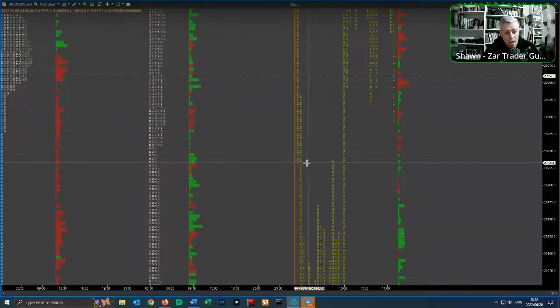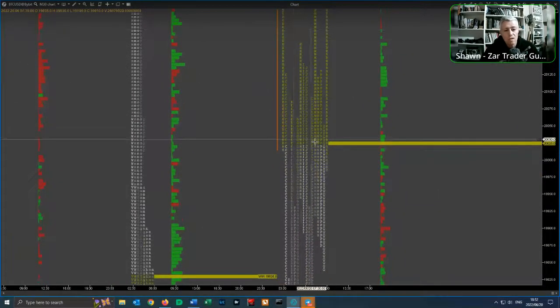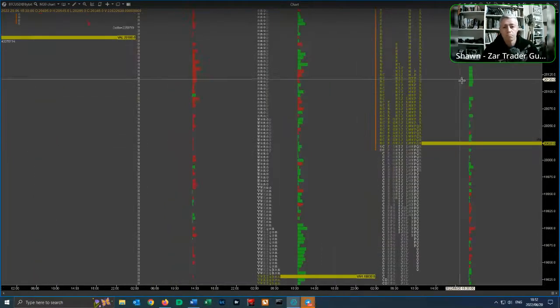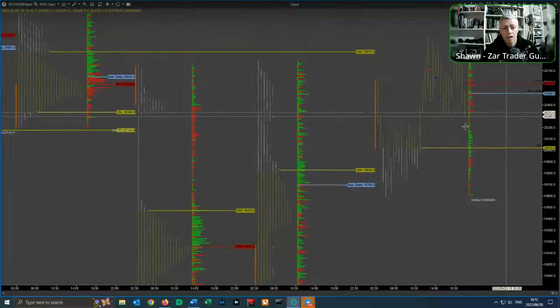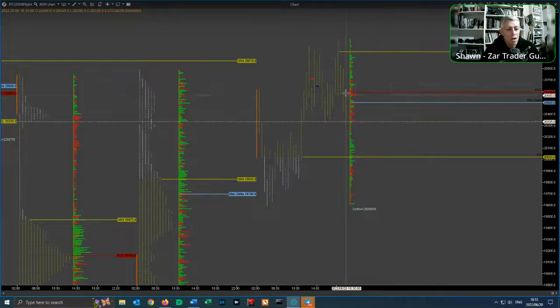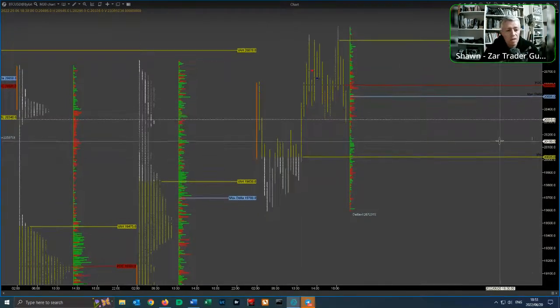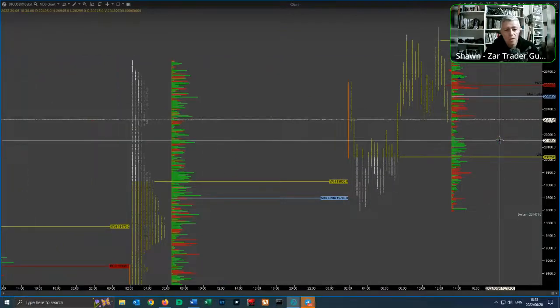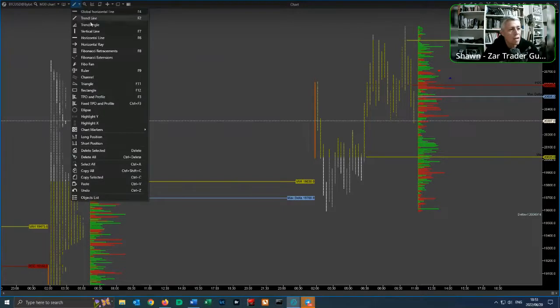B period opened there, auctioned up, went all the way down, and you can see the yellow there is my value area. If I condense that, you can see it tells me where the POC is for the day. Each of these half-hour candles I can actually see. And this for me tells me exactly what's going to happen when price breaks out here, because if I draw a little trend line there,